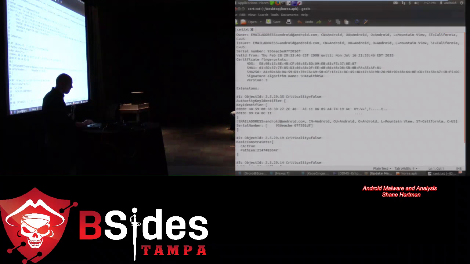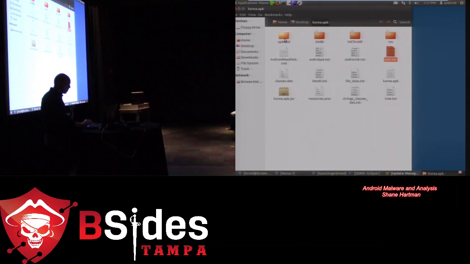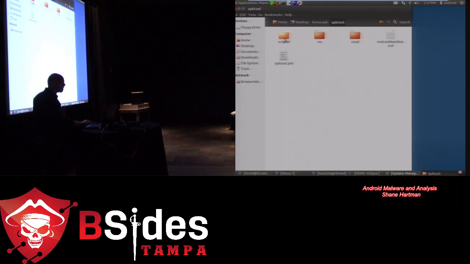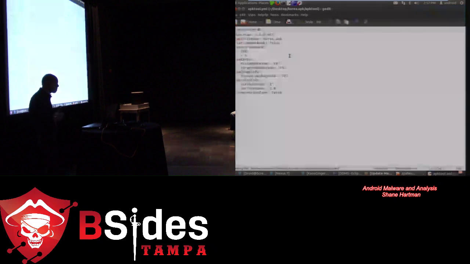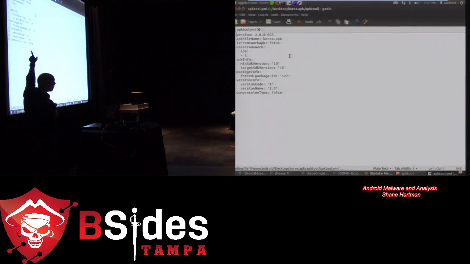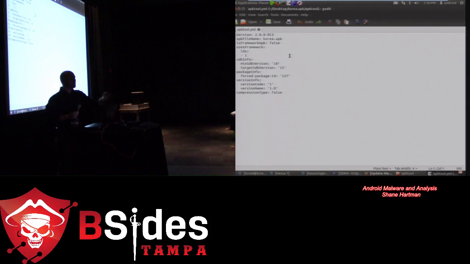In addition to that, from there we'll go into the APK tool. Now this is when the APK tool just decompiled this, that's all that it's done. Let's look at this first one, the APK tool YML. What's cool about this is here's what it tells you. It'll give you versions, it'll tell you what the minimum SDK is and the target SDK. Those are the things I was saying are important about what devices you have, because then you know what you